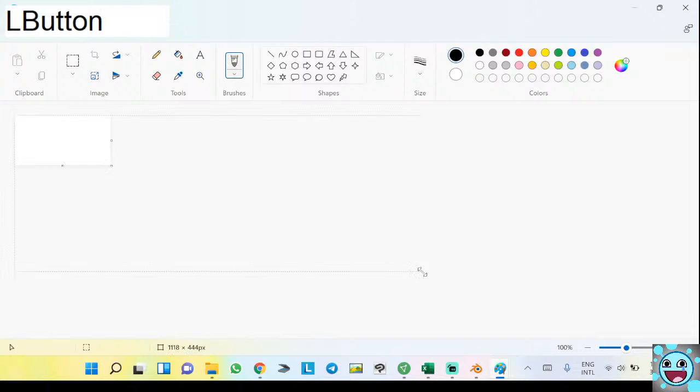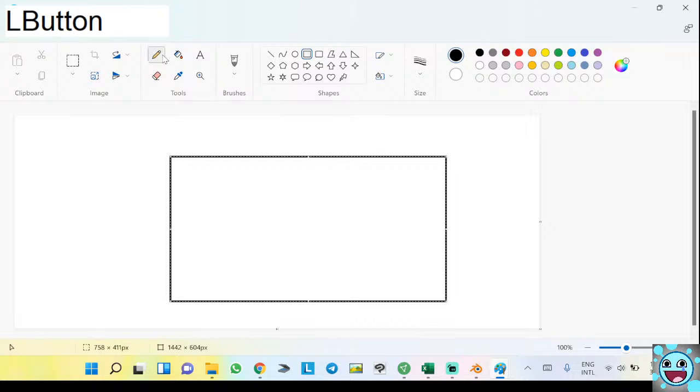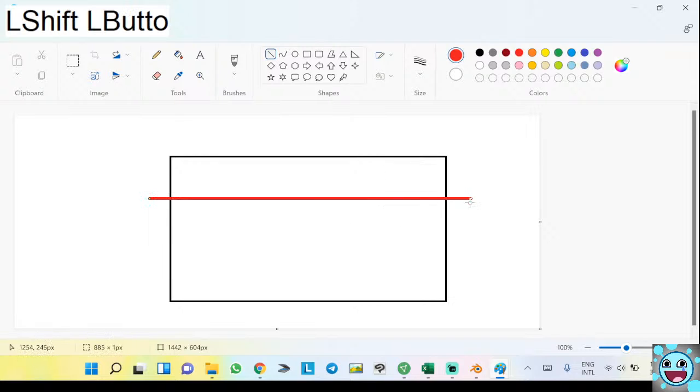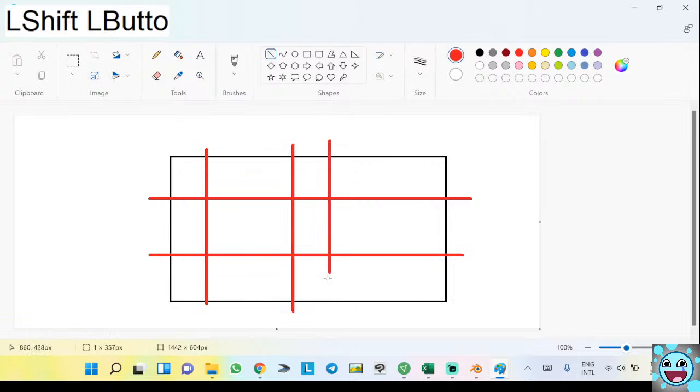Our plan is to divide this into these sections, 5 by 3, so that